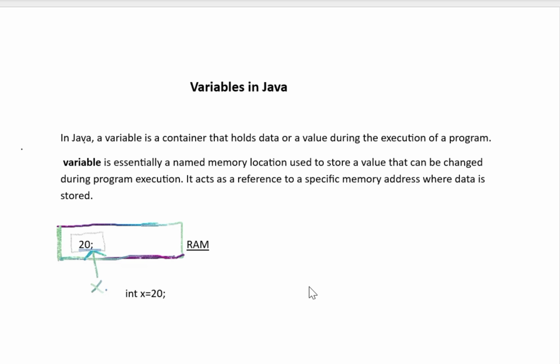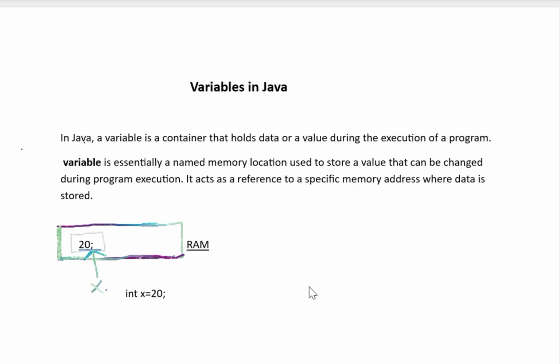In this video, we will see what are variables in Java. So, what is a variable in Java? A variable is just like a container which holds some data or a value, and that data or value will have a type that can be an integer type or string type or character type, and so on. Or else we can say a variable is a name given to a memory location of a